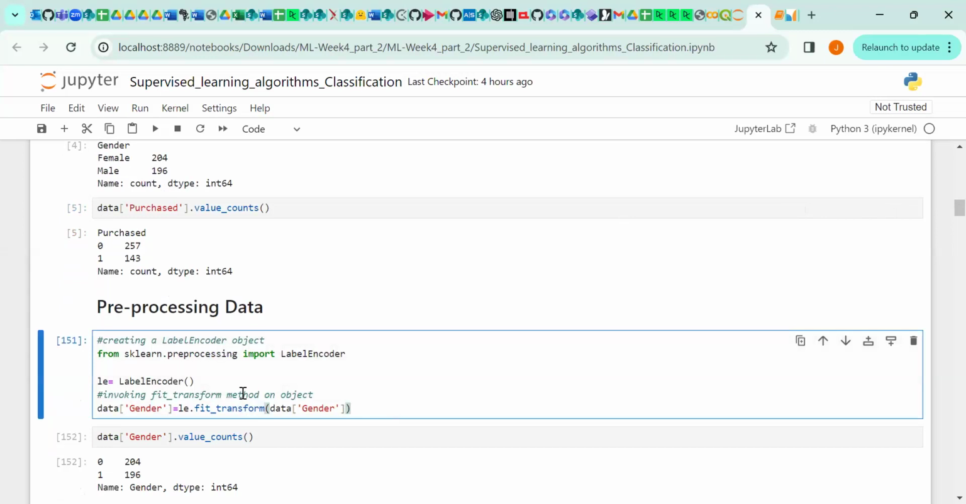Can you see here, just because we are trying to convert our categorical values, which in simple terms are strings, into numeric values, you can see that we're also using fit_transform. So because we are trying to transform the values in that specific